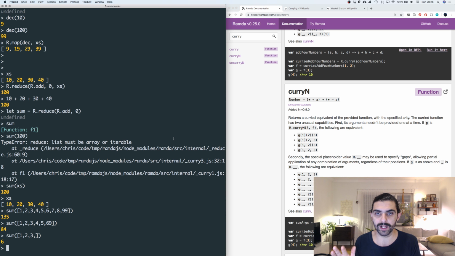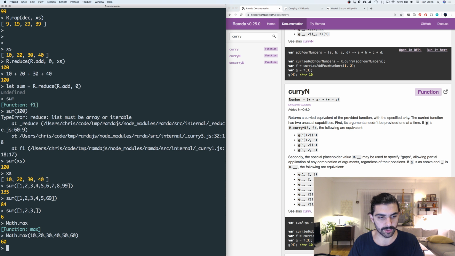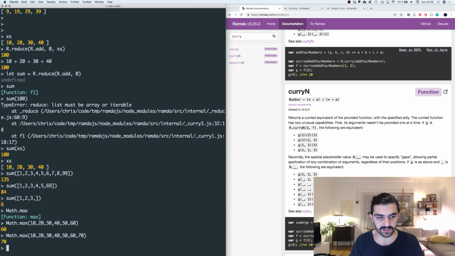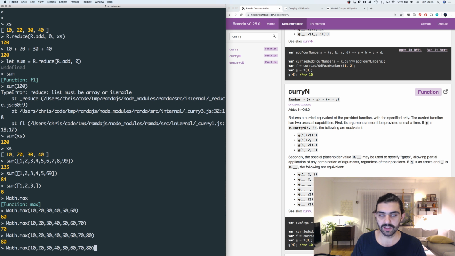impossible to determine when a function is completely partially applied, right? JavaScript has Math.max, for example. Math.max is a variadic function because you can keep passing values to it and it will just take the highest number it was passed from all of these arguments. Because it's variadic, it takes any number of arguments,